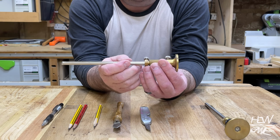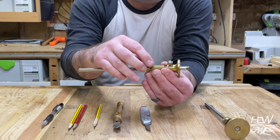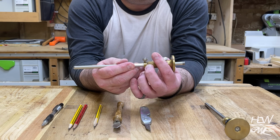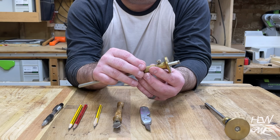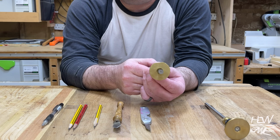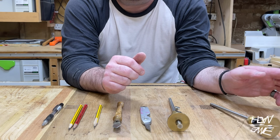The mechanism mainly. I've never had this one slip on me either. Pretty much get it to measurements roughly you want, lock it off at the bottom, and you can micro adjust it to where you want it and lock it off. You also notice there's a groove in there which also helps stop it from slipping. That flat edge on there, it just didn't come like that. I filed that down to stop that from rolling off the bench,